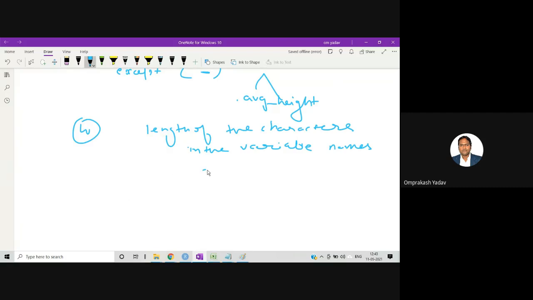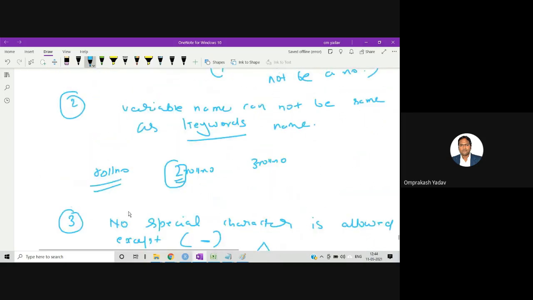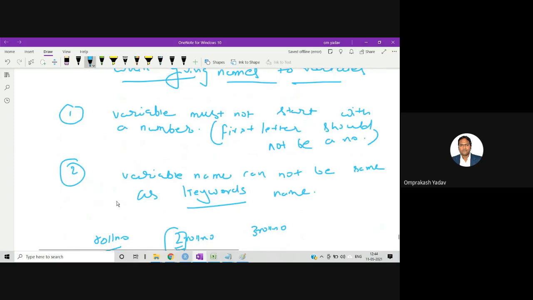The first 32 characters can be significant, and after that it may ignore the rest. In Turbo C, the first 32 characters are significant, and we don't require that much bigger size of variable names.